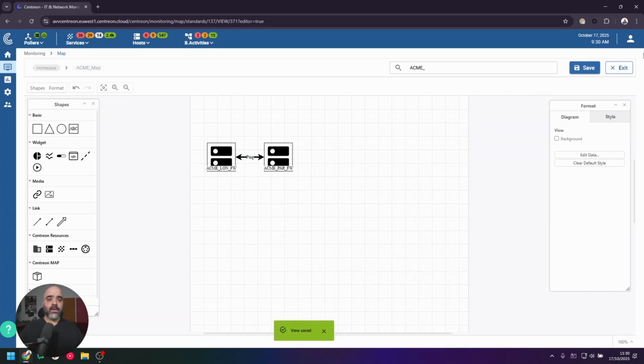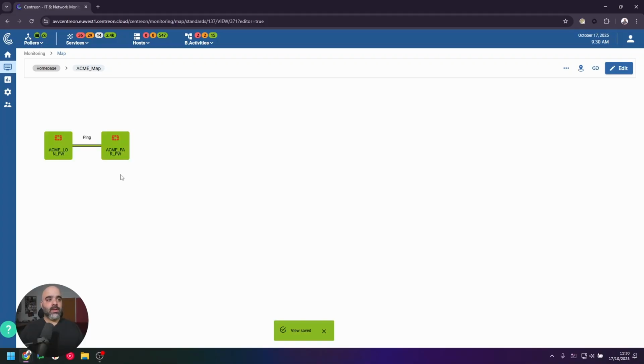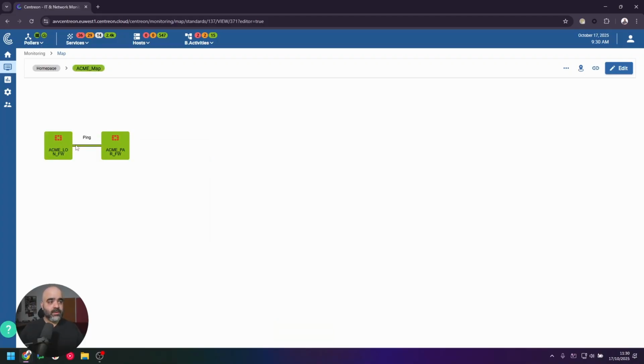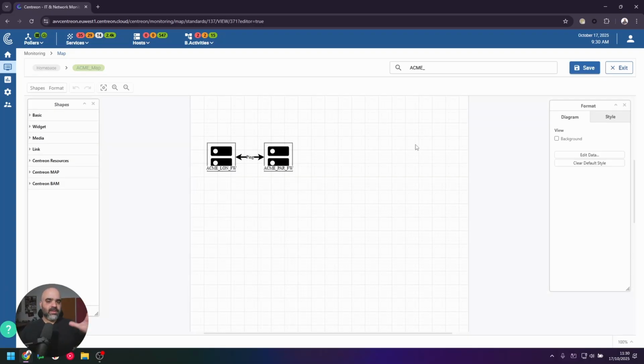So now we save and we exit, and we can see the two firewalls that we have and the ping connection between them. Perfect, it's a good example. And now let's create another one. Let's create another type of view,